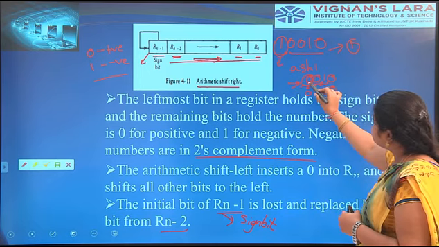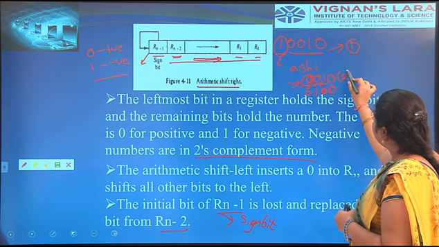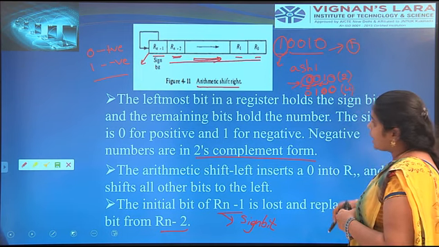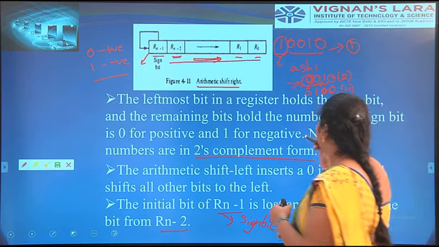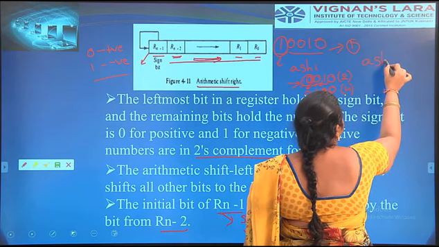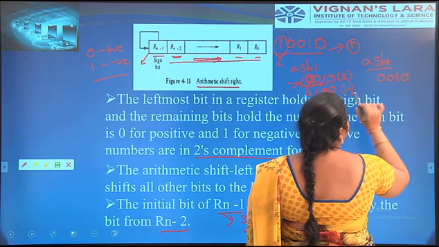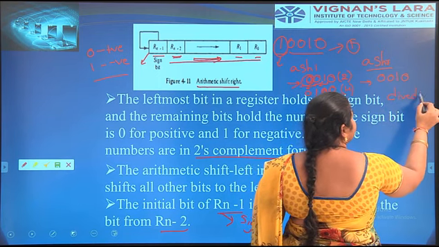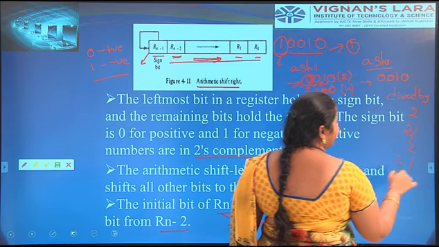Okay, here this is a decimal number and this is a binary number. The decimal number is 2, binary 0 0 1 0 means 2. That is multiplied by 2, and the answer is 4. Already you have seen that arithmetic shift left can be considered as multiplication by 2. For arithmetic shift right, we take this decimal number 2 as a binary number. It can be divided by 2, and 2 by 2 means 1.